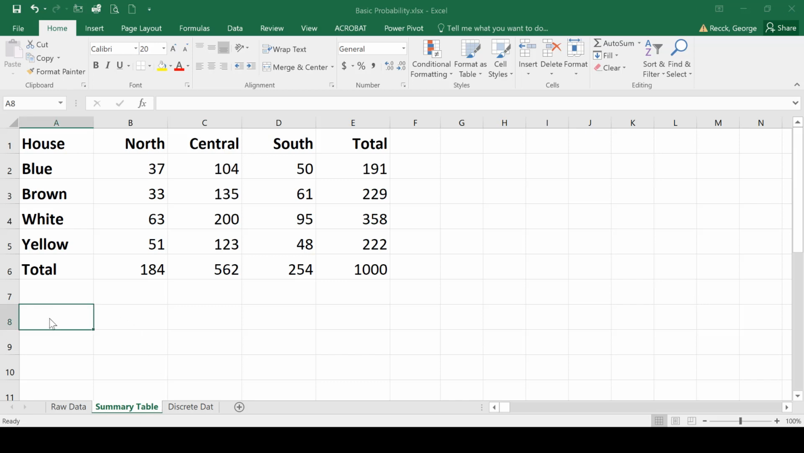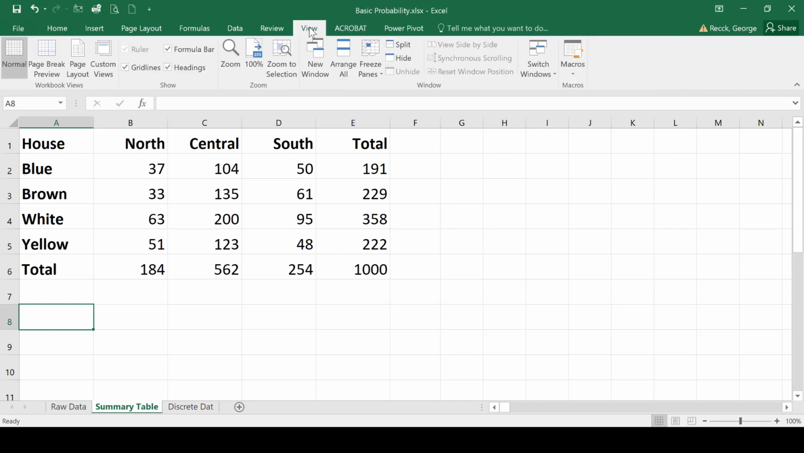First thing I'm going to do, so that I can keep the screen nice and big, is go to View in Excel and Freeze Panes. This will allow me to scroll down as I continue to add work, but allow us to see the summary